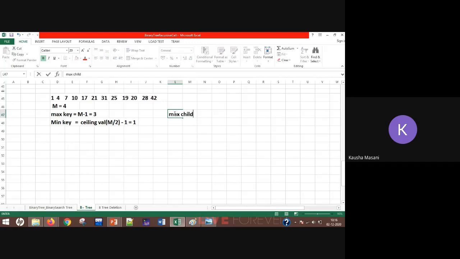And children, that means minimum number of subtree. That what you guys said is right. Value of m by 2. Okay, so again ceiling value of m by 2. Okay, so that is 2.